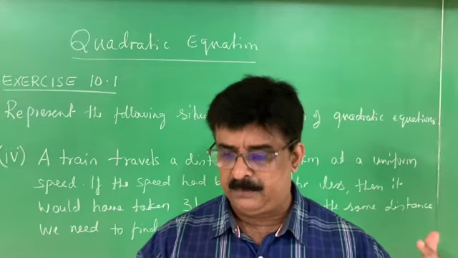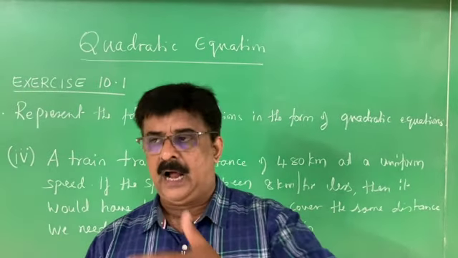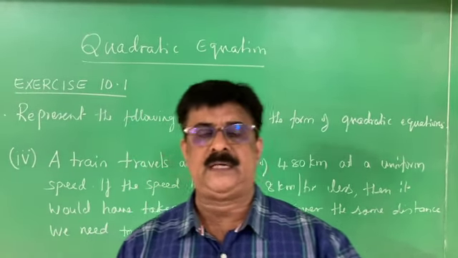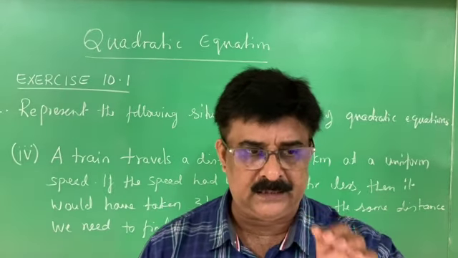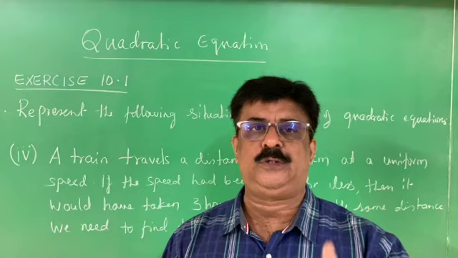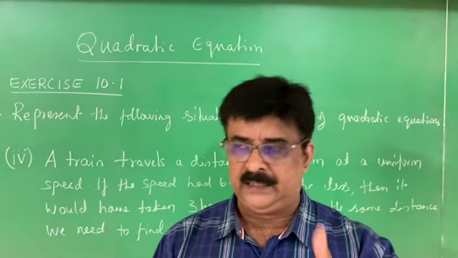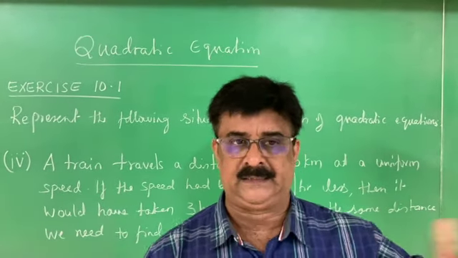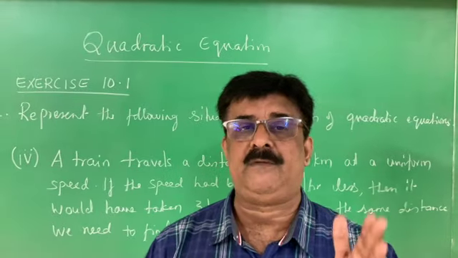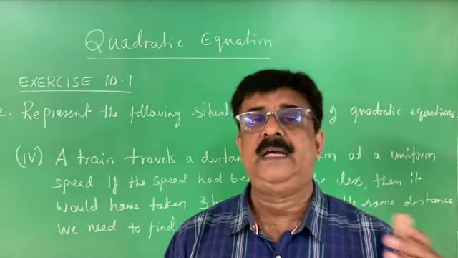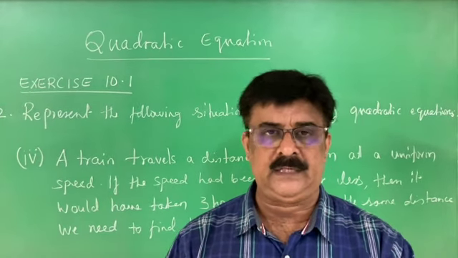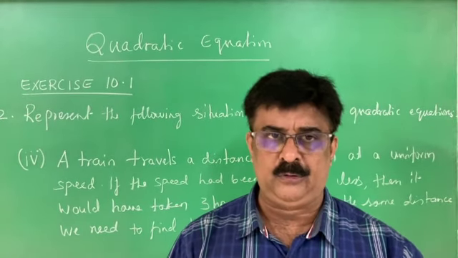And now we are finding how to convert a given equation into the standard form. They are going to give an equation, and we have to reduce it to the standard form. In the exercise they give some statements. We have to convert that statement into an equation. Later we have to convert that equation into the standard form of a quadratic equation, that is ax square plus bx plus c is equal to 0.